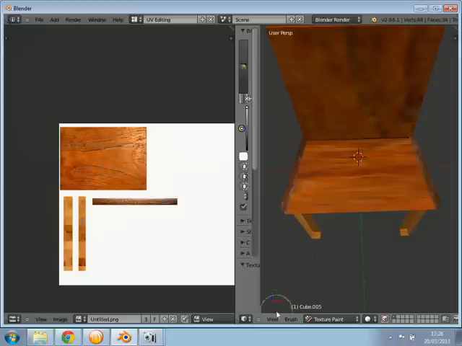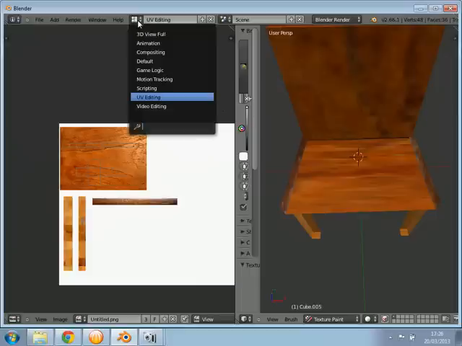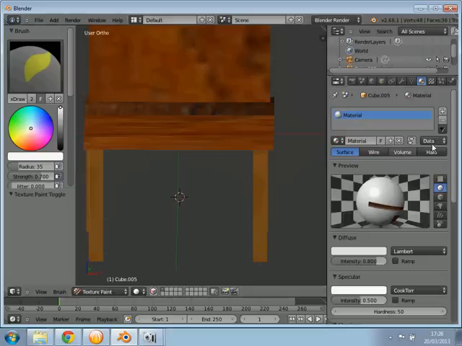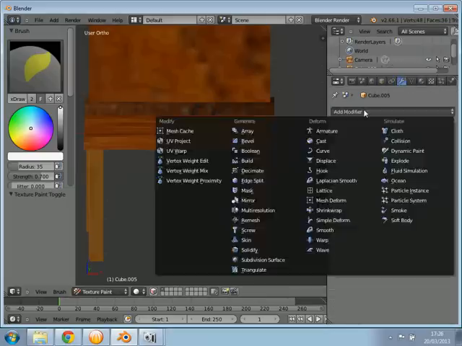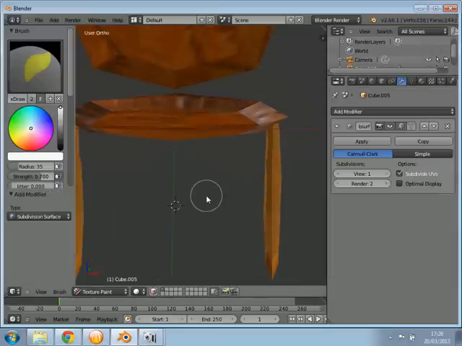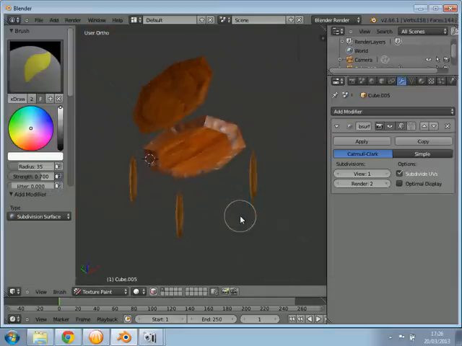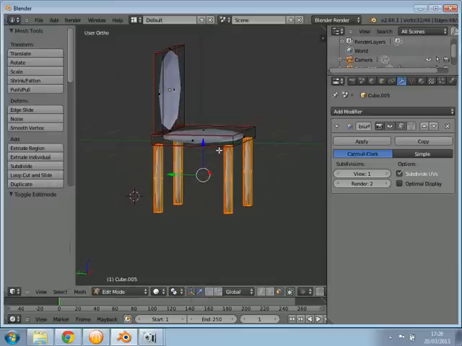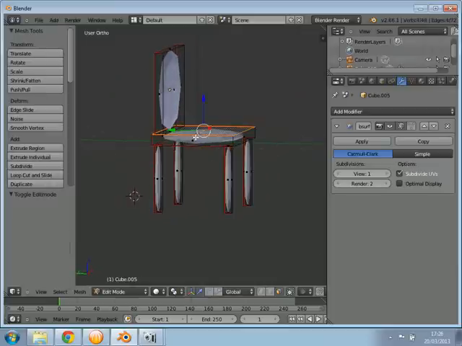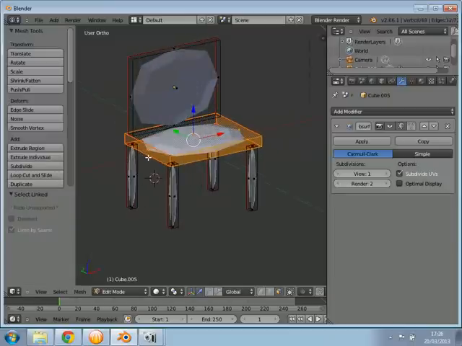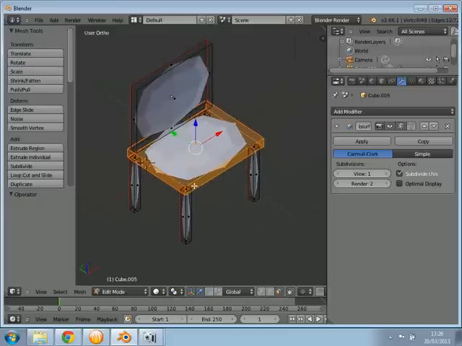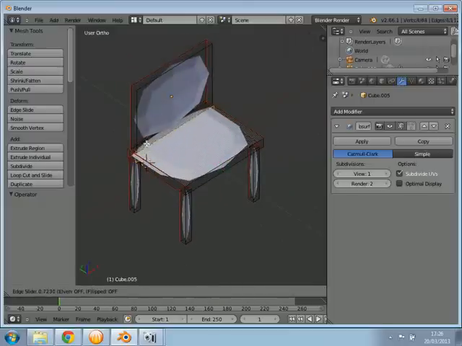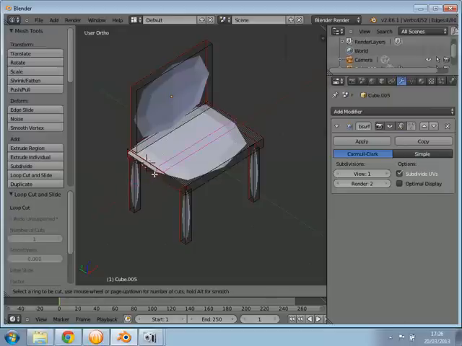Now the next thing that we're gonna do is try to make it look a bit better. So now what we're gonna do, go back into the default mode. I'm gonna go to material and add a subdivision surface. And if you can see now, if you go to texture paint, if you extrude, what I want to do is, actually we can Control R, bring it to the end, Control R, bring it to the end,